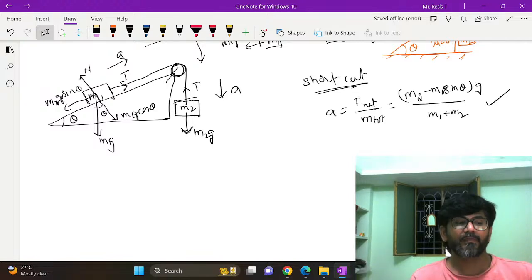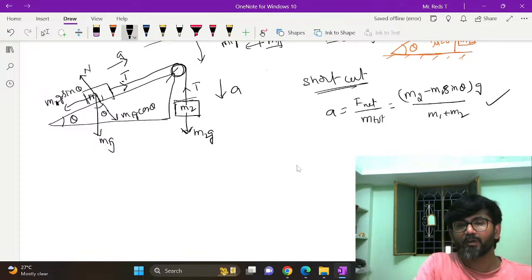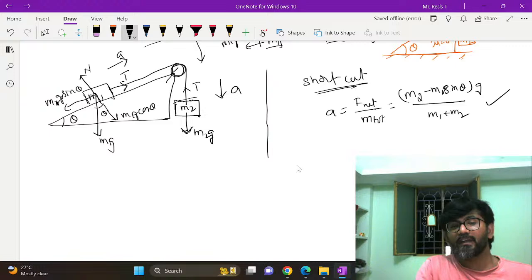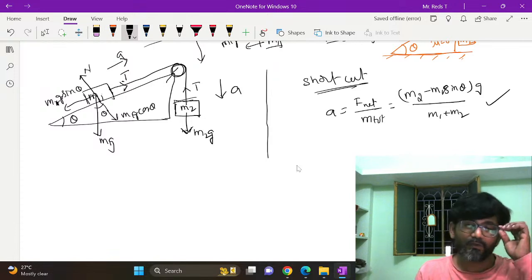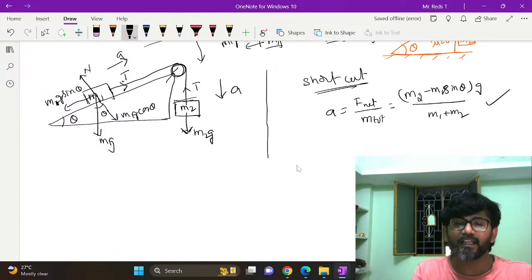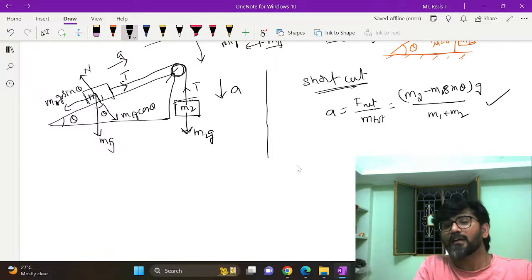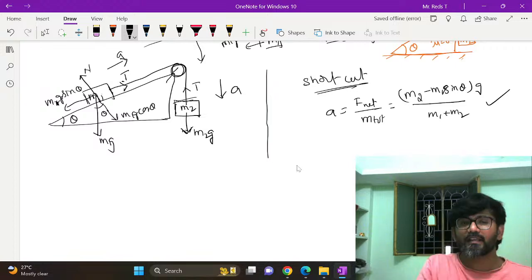Now, by using the actual conventional procedure, you can draw free body diagrams, substitute, simplify and get it. Once you are thorough with this, we can use the shortcut, and you can directly write one equation of motion for any one of the blocks, substitute for A, and then we'll get the tension. So let us take the M2 free body diagram,